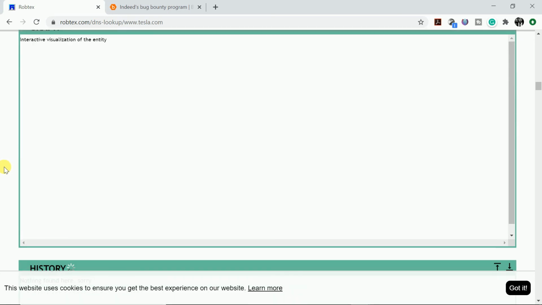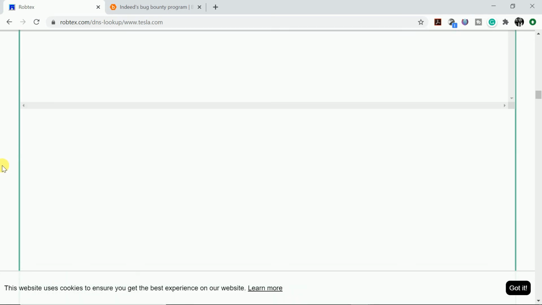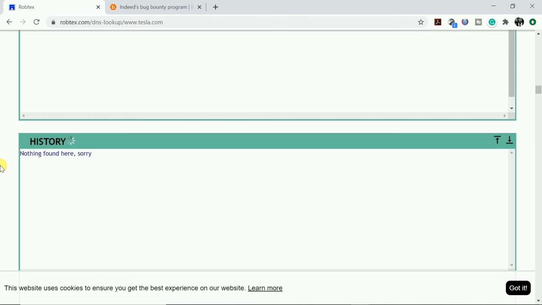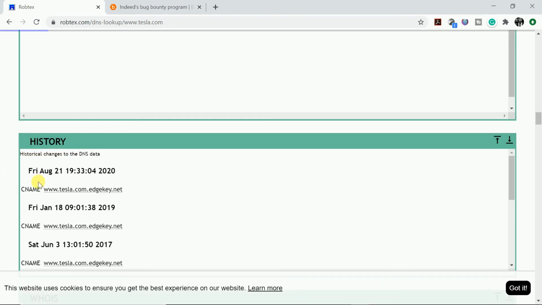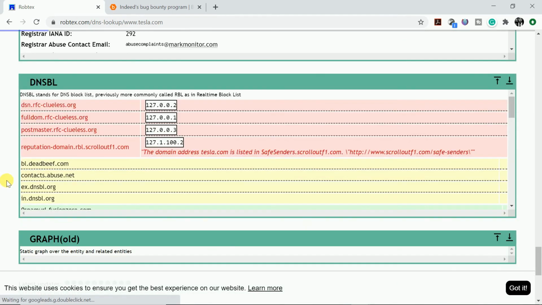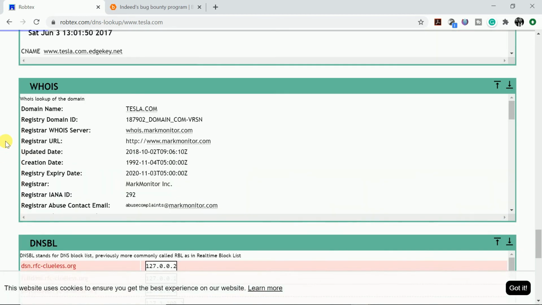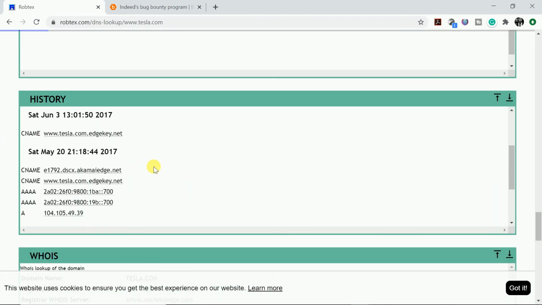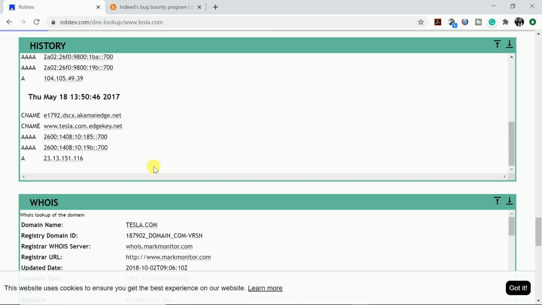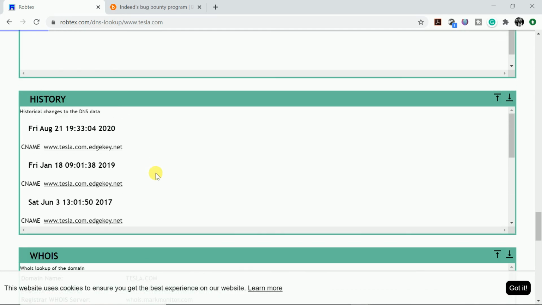WOT, threat miner, history. So it's still loading. Just wait. Okay, so the new one we got here is CNAME. So we'll talk about it. Let's see. Okay, so here we don't have the graph also, but you can see other record values here.